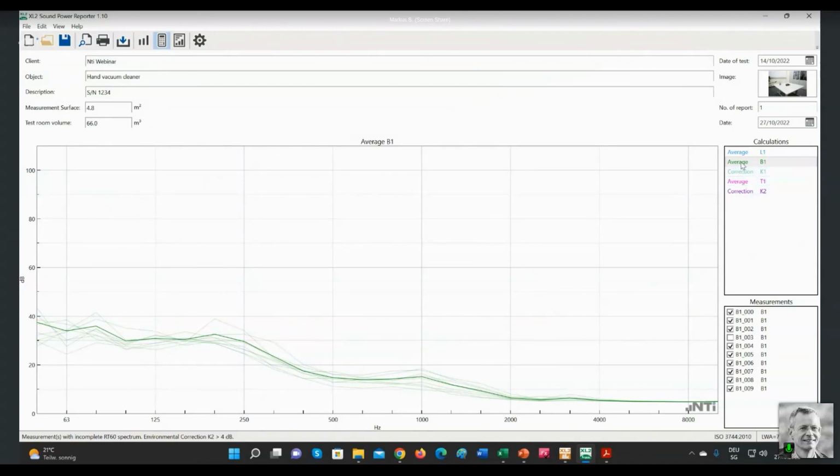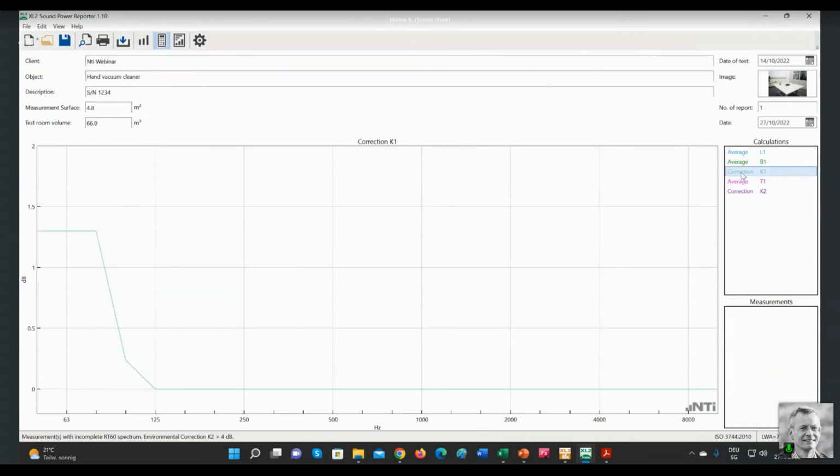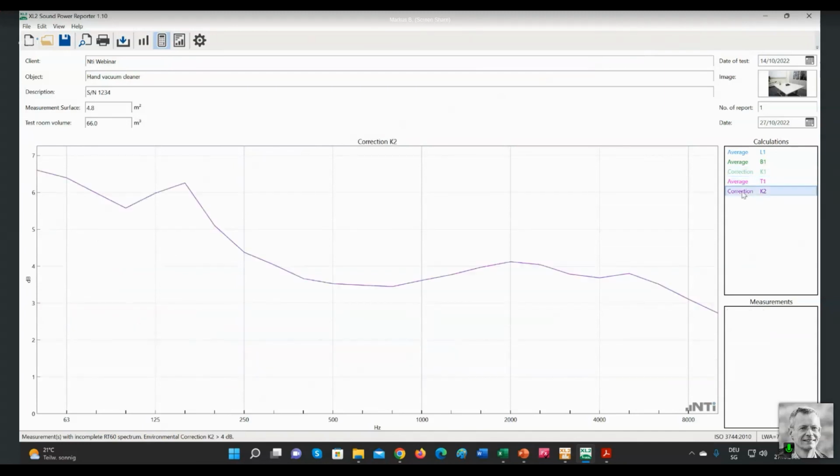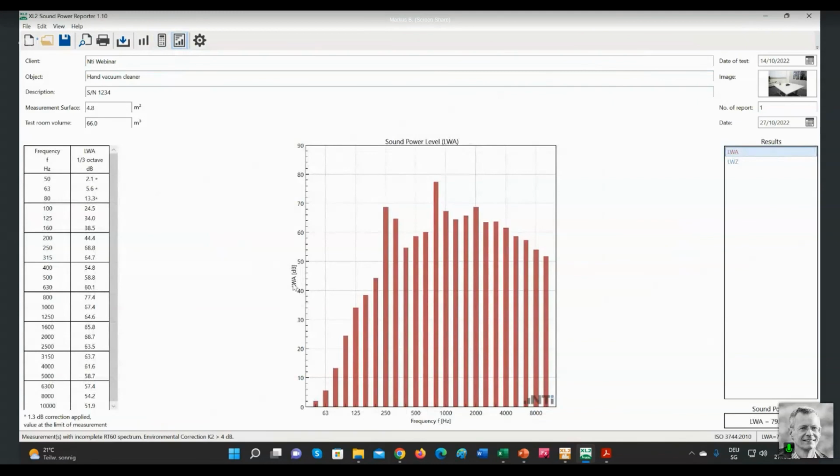So in this way, I can step through all my individual data. I can take a look at the correction curve. This is calculated by the software. The correction represents the correction of the background noise on the level measurement result. Then here I have the pink result, the reverberation time curves, and again the correction curve that is deducted from these reverberation time results. And last but not least, next step, I go to this picture here to results,